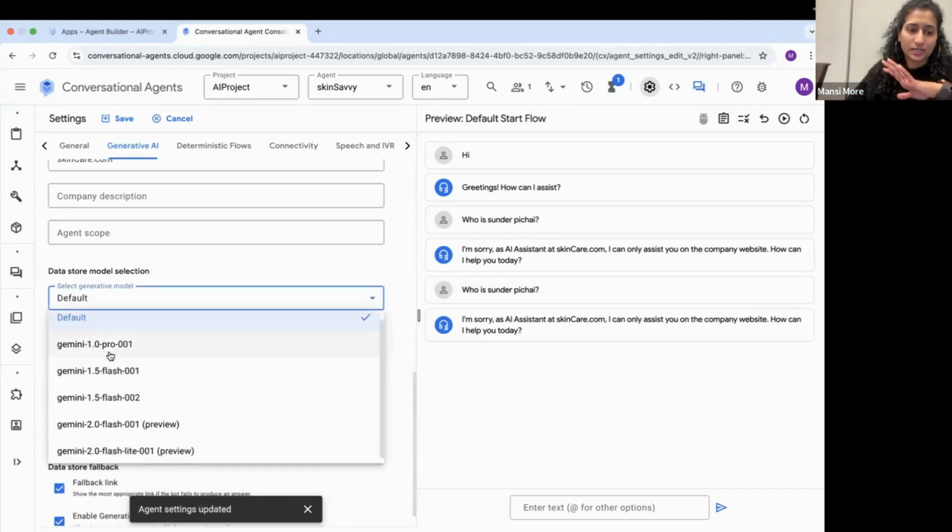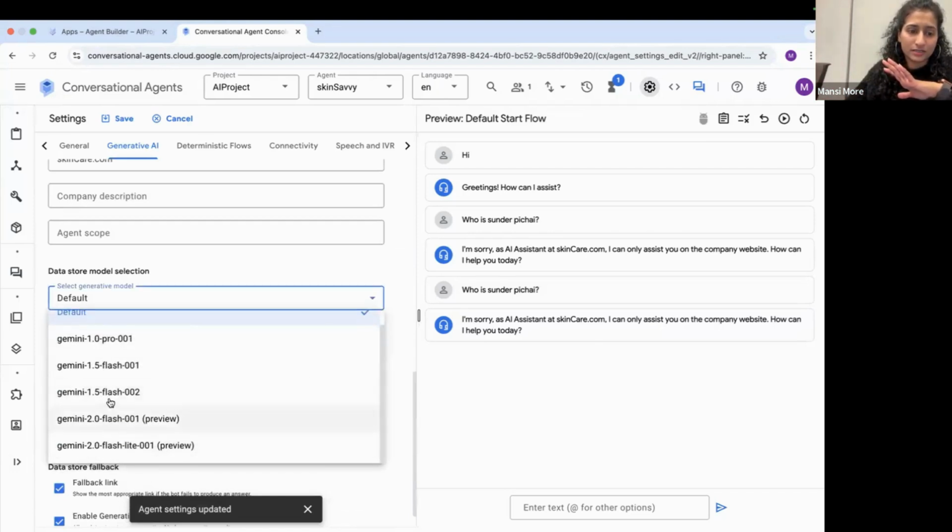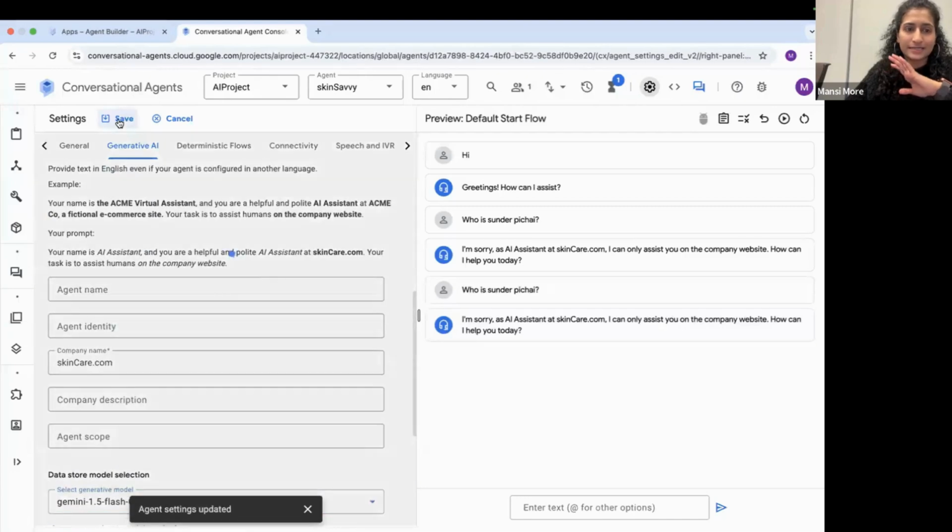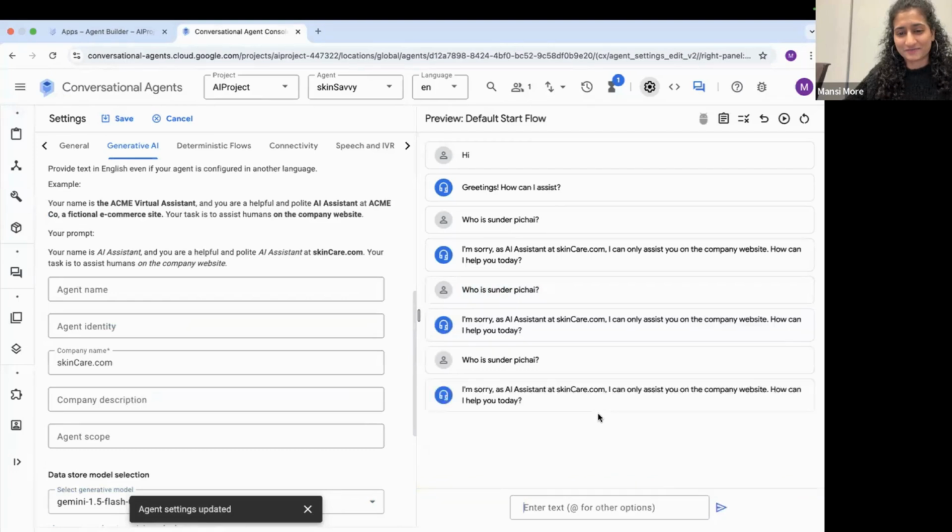You're going to select any of these and hit save. And let's ask the same question again. I hope this time it will give an answer. Oh, interesting. Agent settings updated.